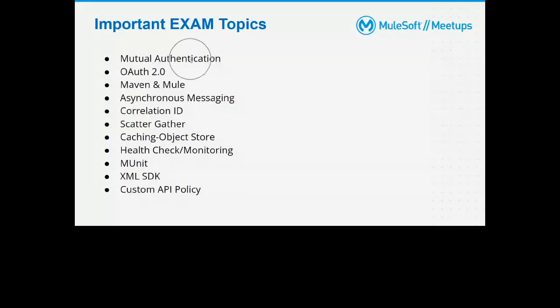Mutual authentication, which we just spoke about, OAuth 2.0, the different kinds of grant types, Maven and Mule, asynchronous messaging using callbacks, VM, the concept of correlation IDs, scatter-gather, the saga pattern as well as the transactions inside scatter-gather, caching as well as object store, Anypoint Monitoring, Anypoint Functional Monitoring, MUnit, and how to create your custom connectors as well as custom API policies.